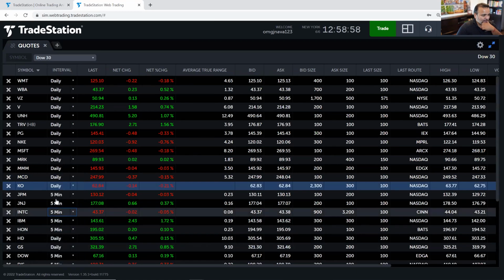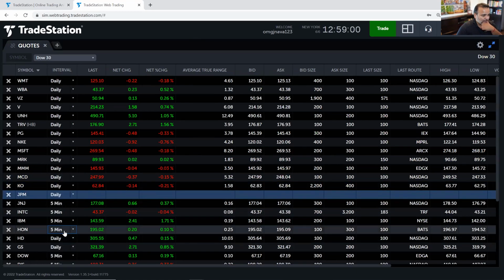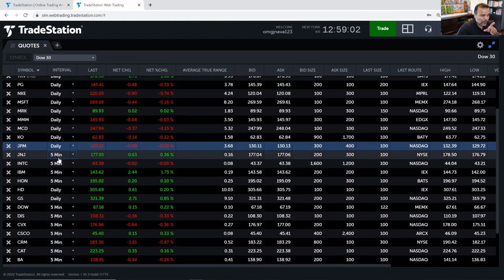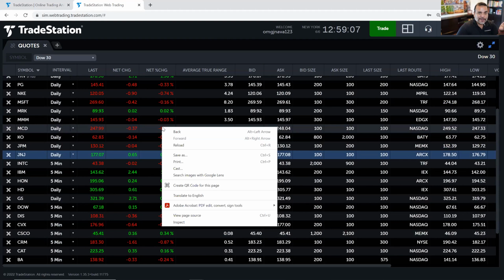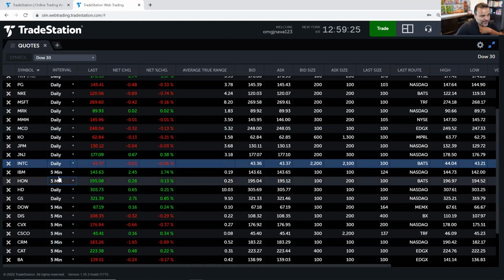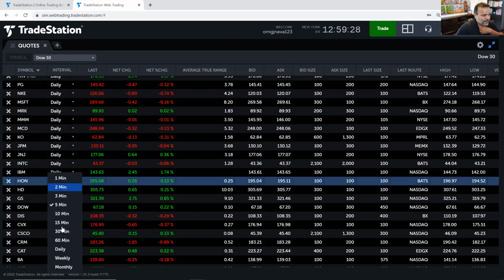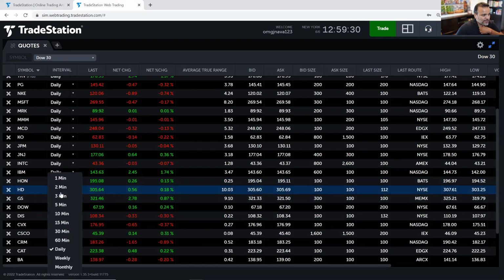All of the right-clicking functionality on the web trading platform is disabled, because once you right-click on web trading, you don't get a menu for web trading. The menu that you get here is the menu for Chrome. So anytime you right-click inside of a browser, don't forget that you are inside a browser. The right-click menu will give you the shortcut menu for the browser. At least in this case, it does. So let me just change all these to daily,